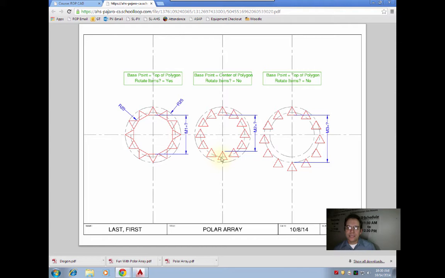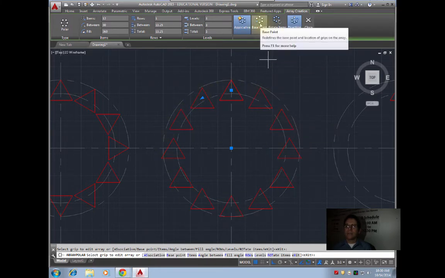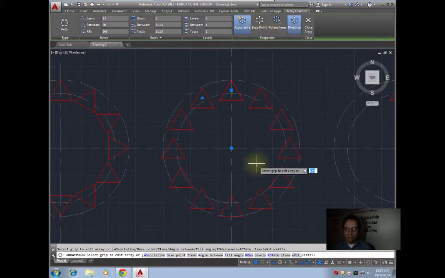Then the other thing that we need to do is these aren't rotating anymore, but the center point, if we look at our drawing here, we can see that the center point of each of these triangles is centered along our inner circle here. So looking at my bottom circle here, I can see the middle of our triangle is perfectly centered on this inside line, but when I look at our CAD drawing, I can see the center's down here when it should be up here. So what we need to do is change what we call our base